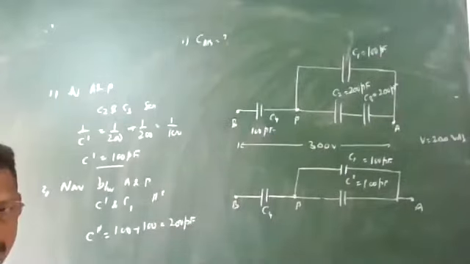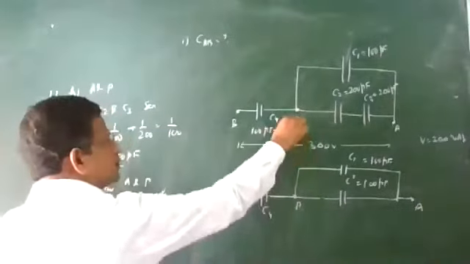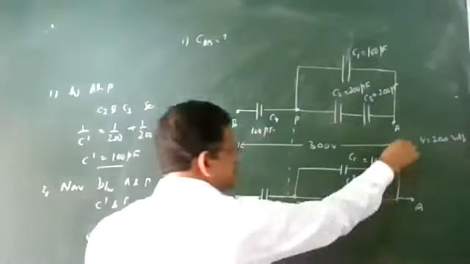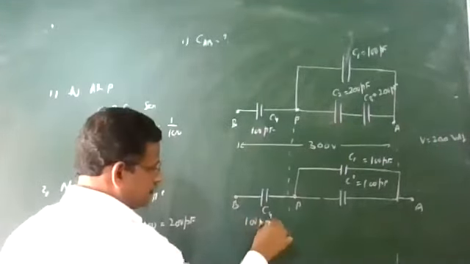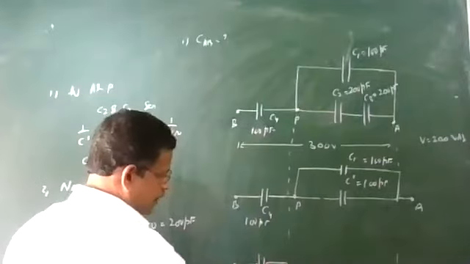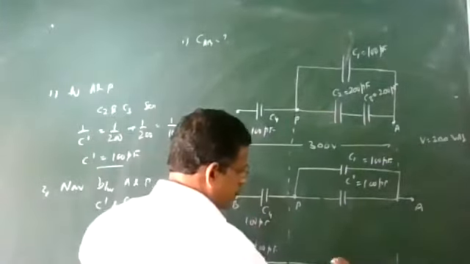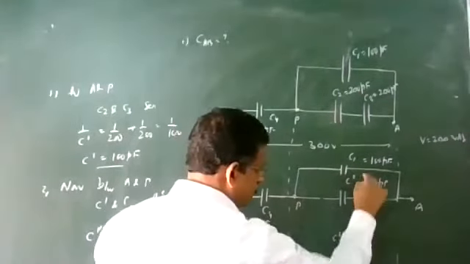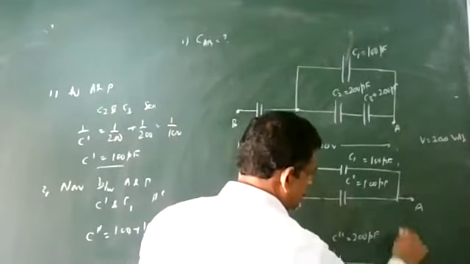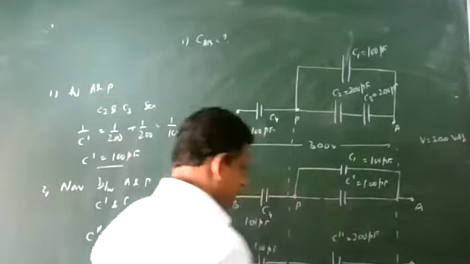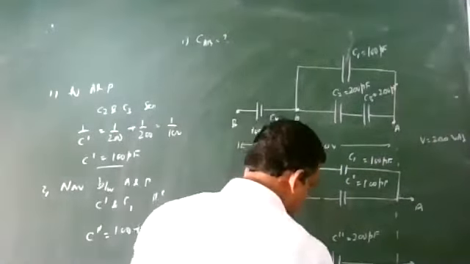So just below we are making one more diagram, then only can we find the charge. This point will continue like this. Here C4 is 100 microfarad. Again drawing one more diagram, C4 is 100 microfarad, and this will be equal to C double dash, the one connected branch, that is 200 microfarad. This is connected between the points A and B. Between these, the 300 volt potential is already given.